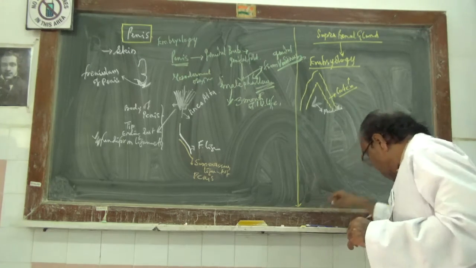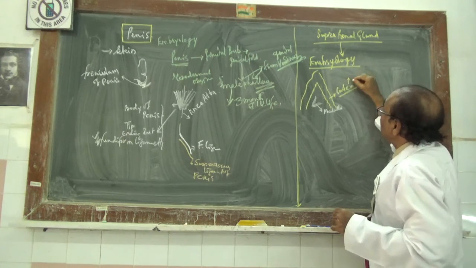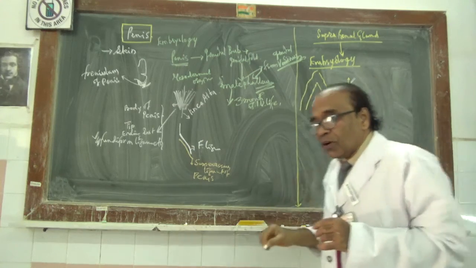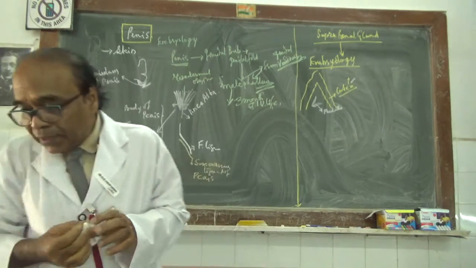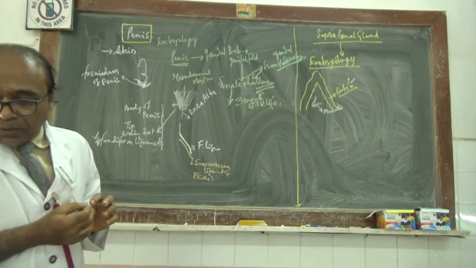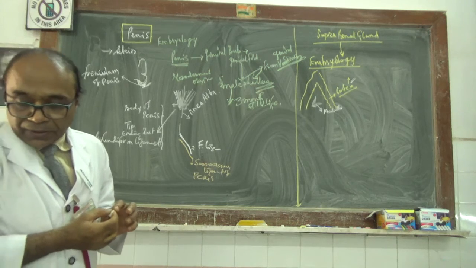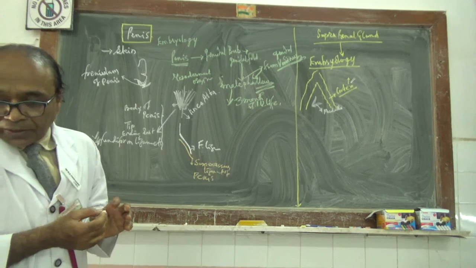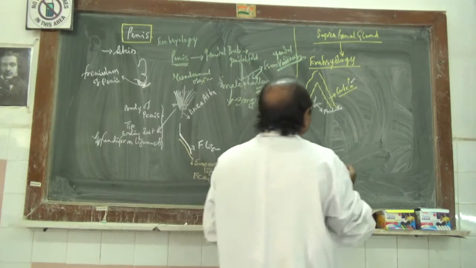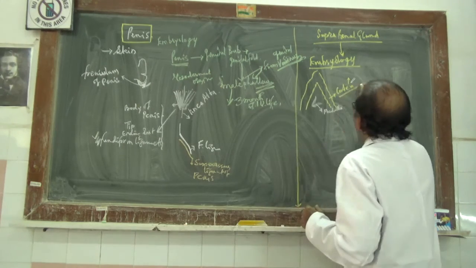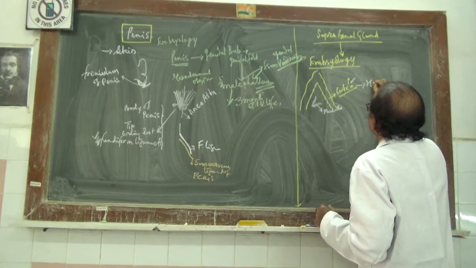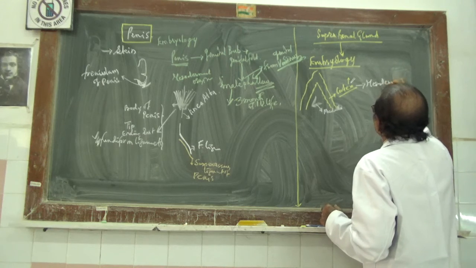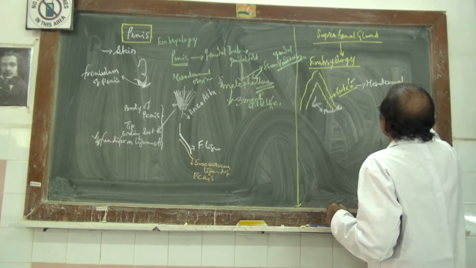Now coming to the development of the cortex of the suprarenal gland, it is of mesodermal origin,